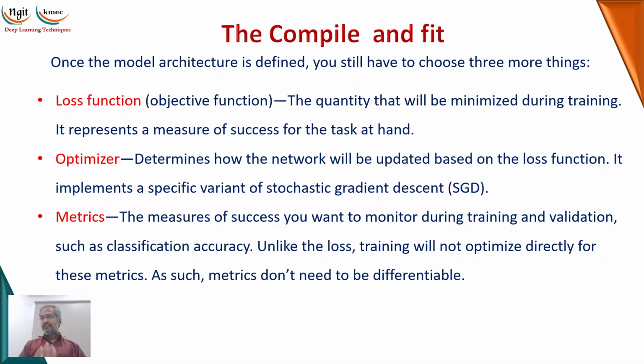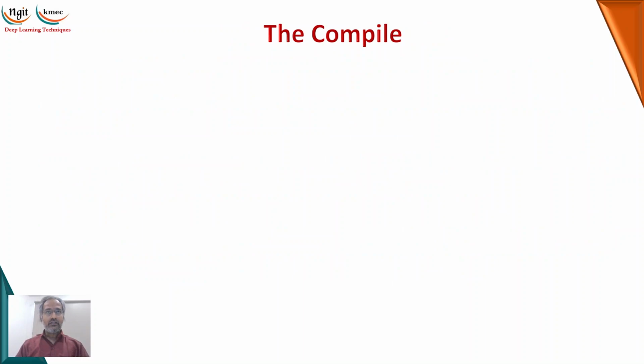And the metrics. Don't get confused between the loss function and metrics. The loss function is involved in the optimization, in the optimizer, but the metrics just give you whether it is giving the proper output or not. Metrics will not be involved in the optimization. They will just give you the statistics of how it performed. As a programmer, we will understand how the model is performing. That's called the metric. But the loss function will be used for the optimization algorithm. Right? So compilation.